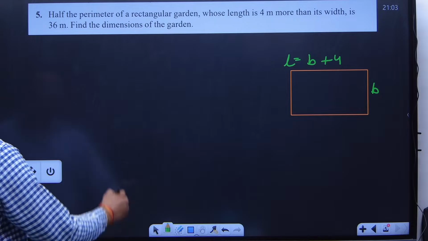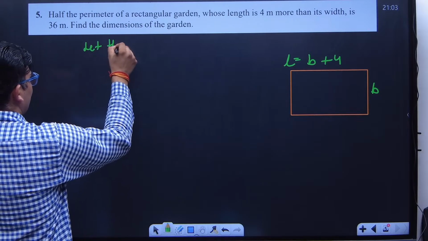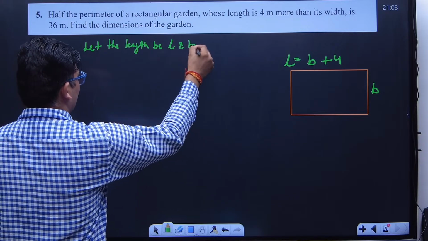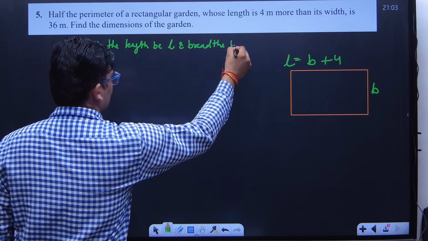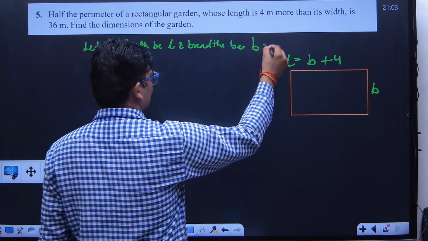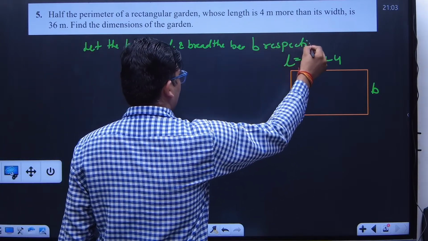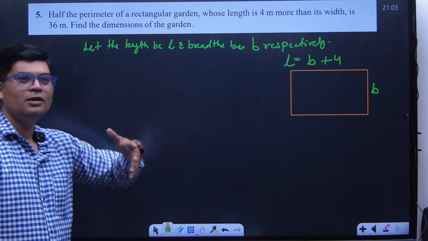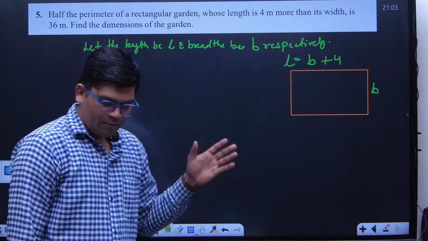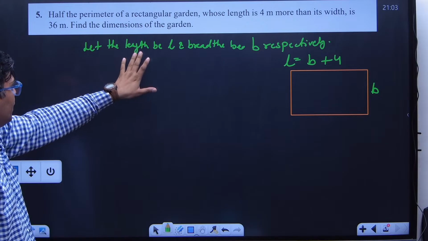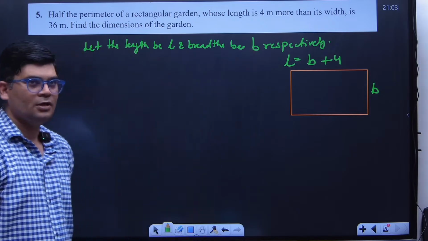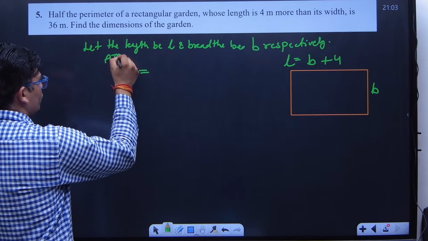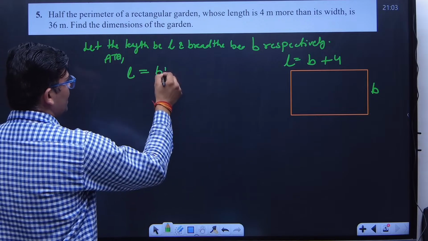So we will say let the length be L and breadth be B respectively. This is all we write. But in your case, you don't need to write because you have another set of questions, the way that it is computer generated only. But you have to understand how we have to do. So first we will take length as L and breadth as B. Now what is the first equation we will have? So we will write ATQ, according to question, L is equal to how much? B plus 4